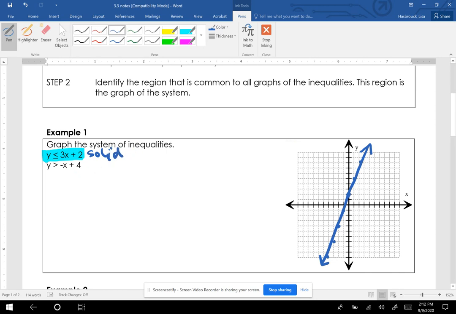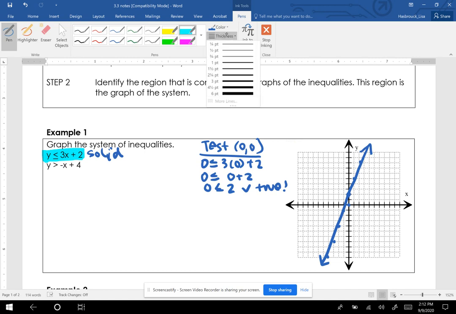Now we do shade. I would shade one graph at a time, one line. So for this one, I can use that point 0, 0 as a test point since my line doesn't go through it. So to test 0, 0, I'll substitute 0 in for x and y. So I get 0 is less than or equal to 3 times 0 plus 2. 3 times 0 is 0, plus 2. So I get 0 is less than or equal to 2. This is a true statement,